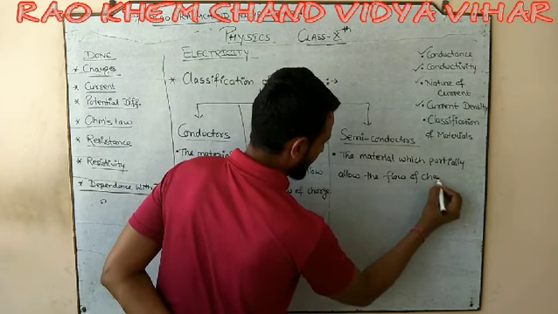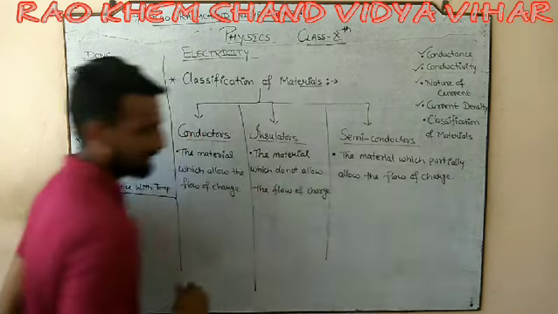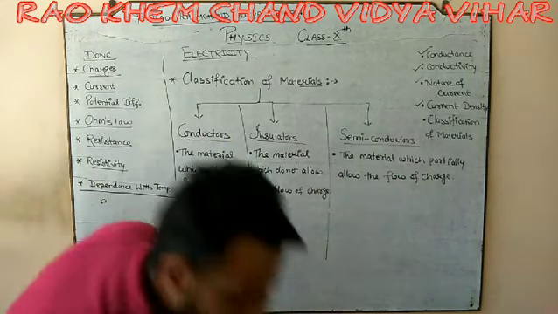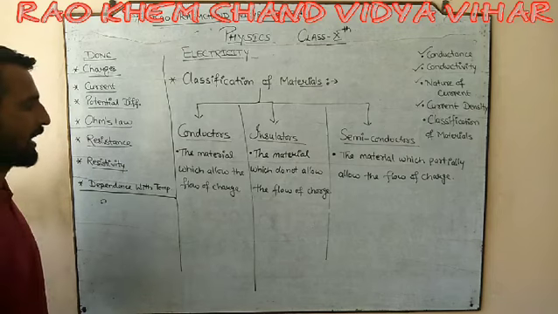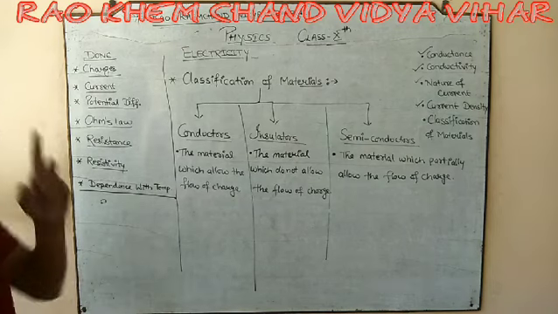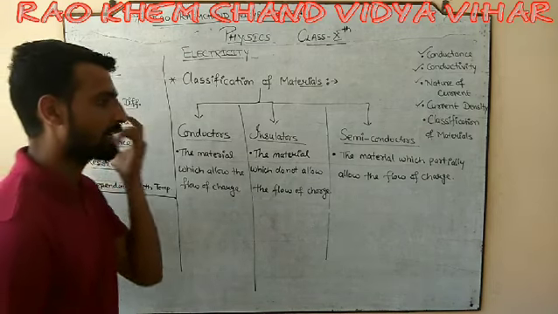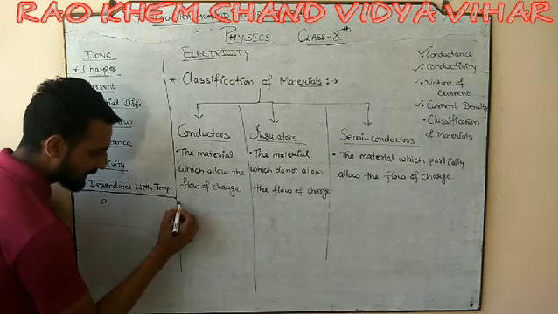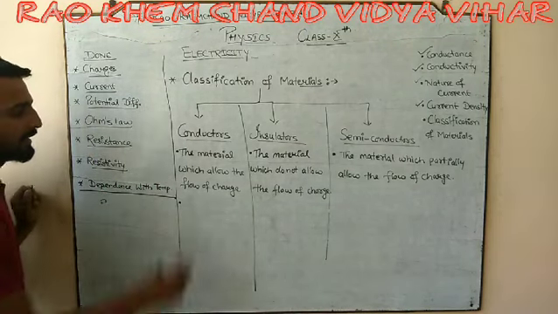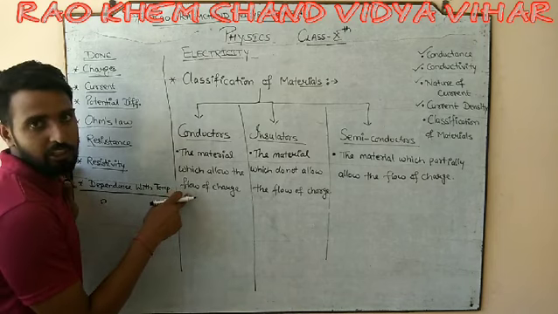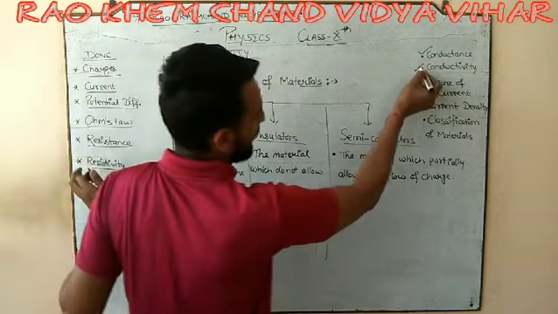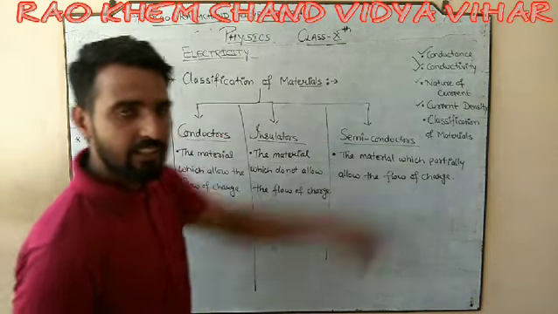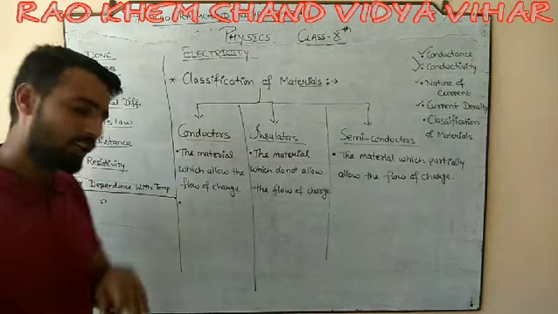So here we discussed all the three basic definitions जो हम लोग अभी तक जानते हैं और जिनके बारे में हम लोगों ने पढ़ा हुआ है. तो which allows the flow of charge, conductor; which does not allow, it is called an insulator; and which partially allows, it is called a semiconductor. But I want to add this: which can allow the flow of charge, it means whose conductivity is great. Whose conductivity is great, it means whose resistivity is low.